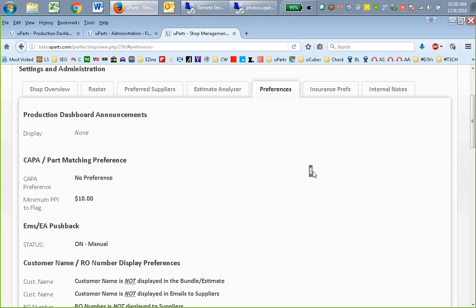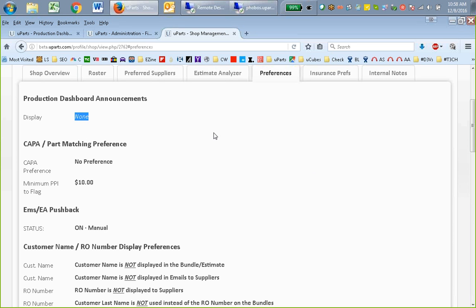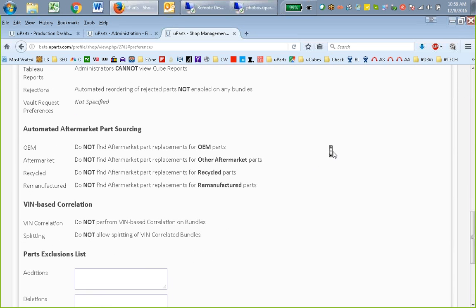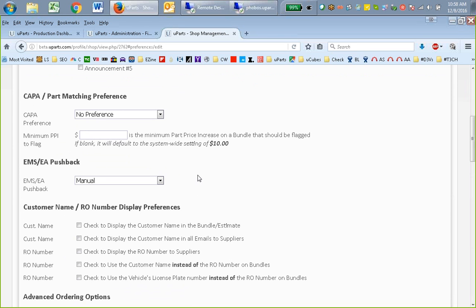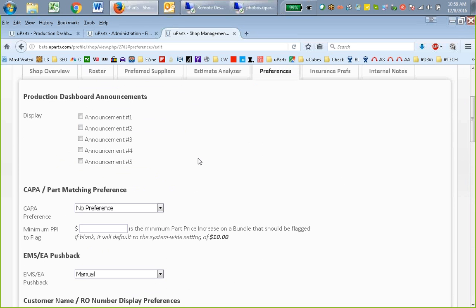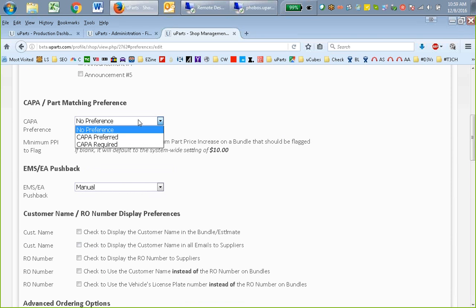Yeah. Okay. So back here, there are some preferences that you can set up. We used to have this, I haven't seen this for a while, we haven't used it, but you could actually create an announcement that on top of their production dashboard will say, hey, we have a special going on, or repair a fan and get $100, and some things like that. You don't need to worry about this. We can set up a number of announcements and then display them however we want. We can say whenever we get aftermarket parts,